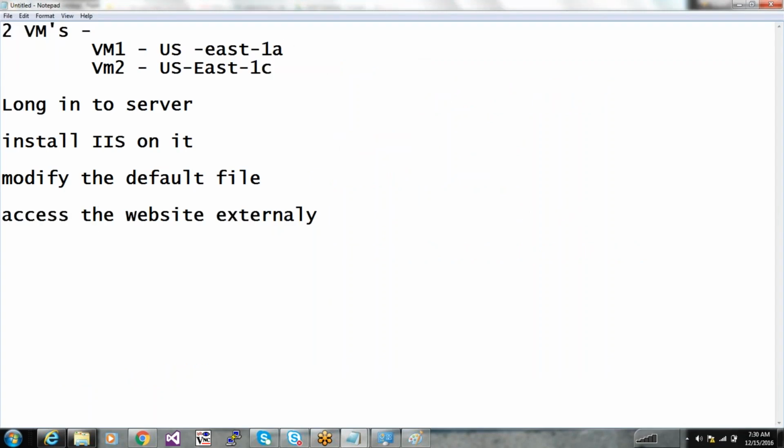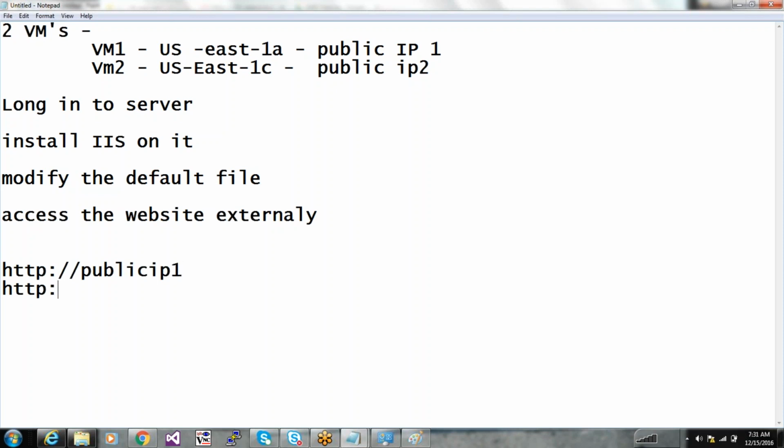Let's say it gets public IP 1 and VM2 gets public IP 2. So you will access it from the external, that's your laptop, http:// public IP 1, and you will also access the second website, which is http:// public IP 2.